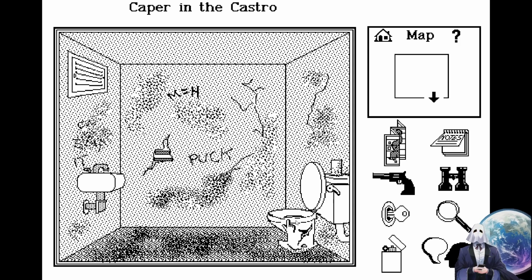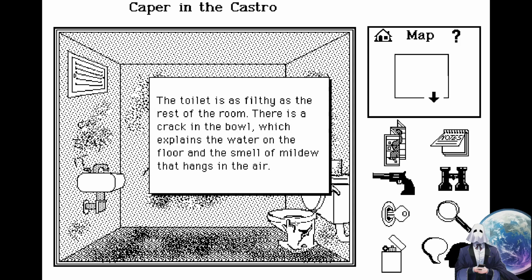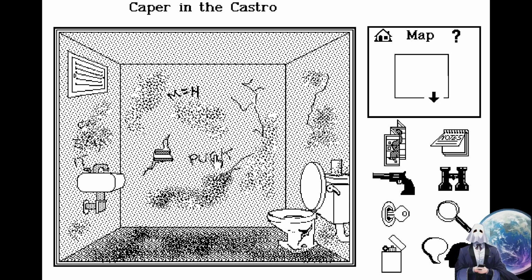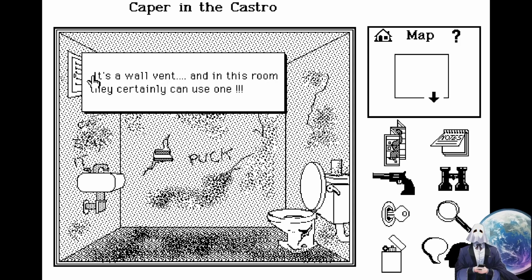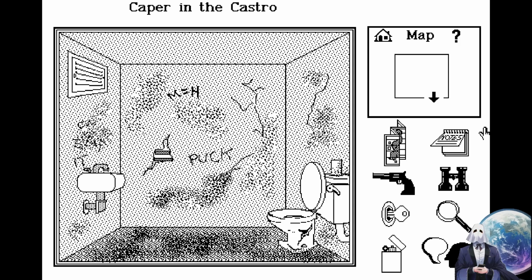Another thing. The toilet is as filthy as the rest of the room. There's a crack in the bowl, which explains the water on the floor and the smell of mildew that hangs in the air. Half-used roll of toilet paper looks as if it's been recycled. Ugh. It's a wall vent, and in this room they certainly can use one.